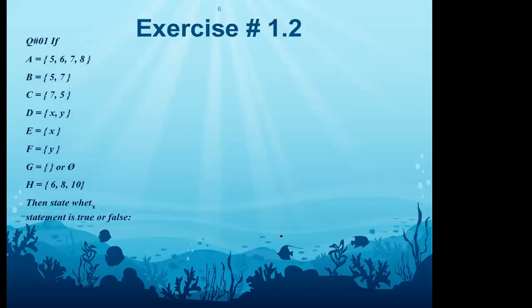The question is the same. Now bit number 16. F and G are equivalent sets. Now F has element Y and G has no element. So is there any one-to-one correspondence? One-to-one correspondence means, can you make the pair here? No. You cannot make the pair here because G does not have any element. F has only one element. So you will say that this is false.